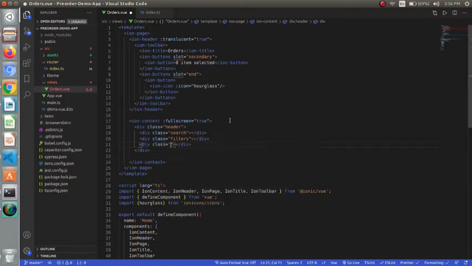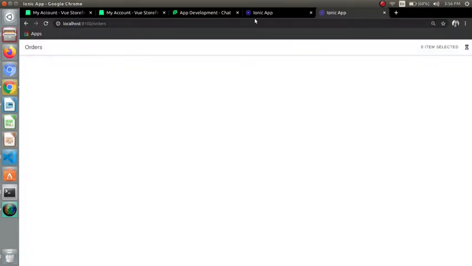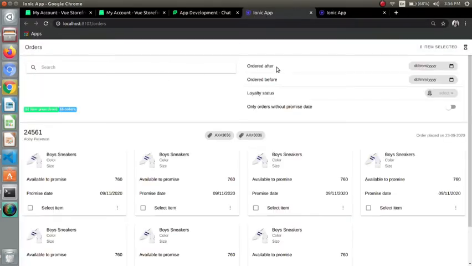Search part contains search bar, filters contain some filtered items, and the last result part will contain badges as shown here.